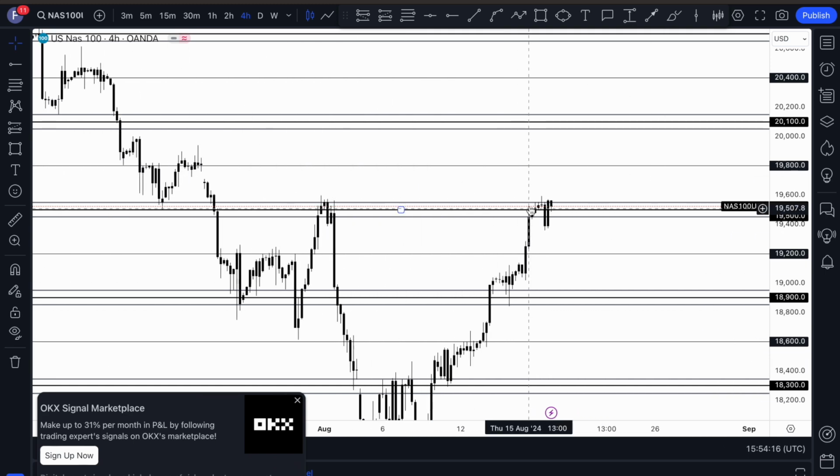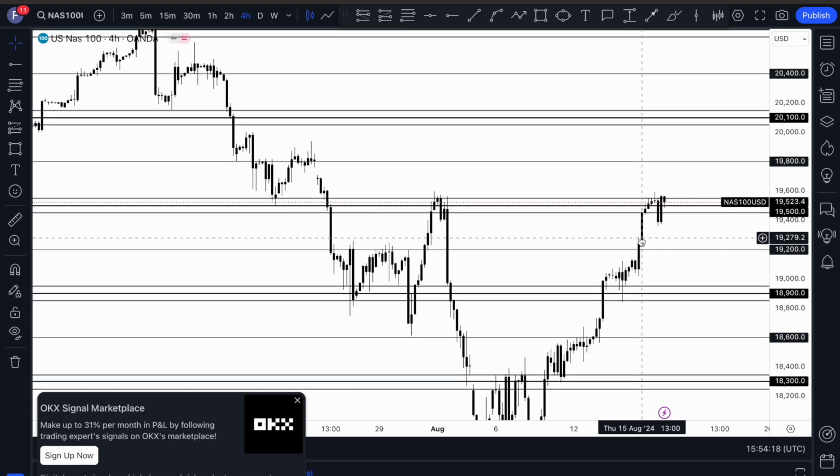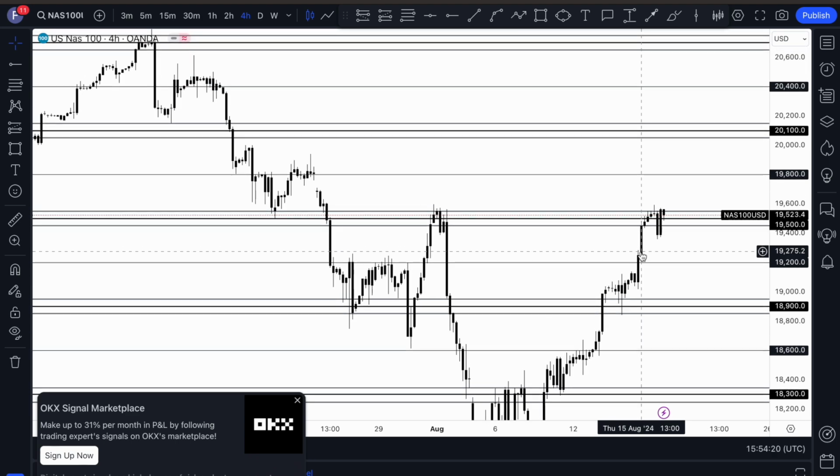So now, as you can see, you have a chart like this, whereby it's easy for you to understand and interpret more, because now you can see that you are on your major psychological level, and on your major psychological level, that's where mostly you see your rejections and the market